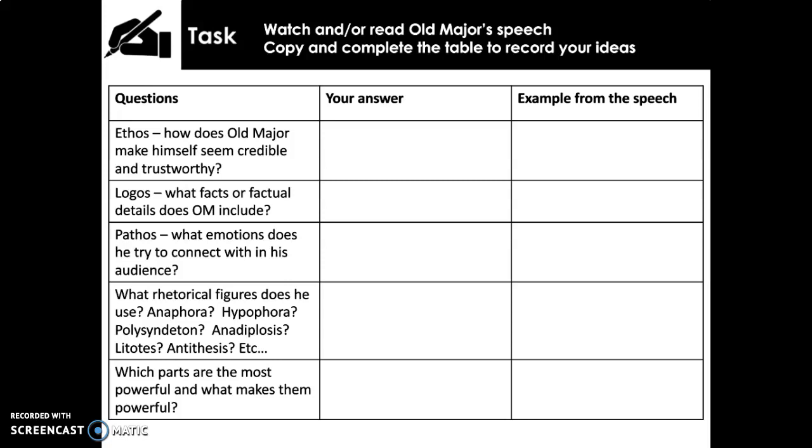Don't write it out so small that you can't even write anything in your answer section or your example section. Make sure you give yourself space to complete this table. Now, what you can do